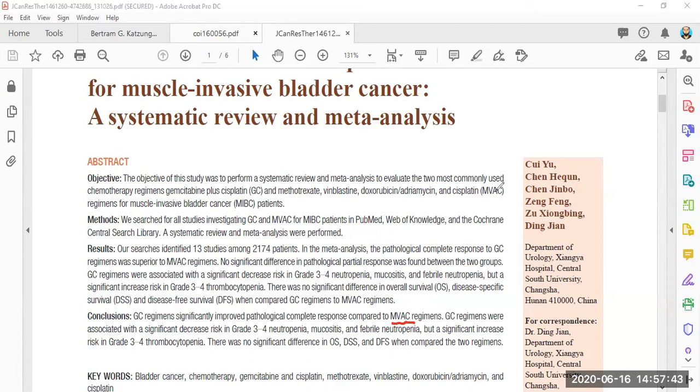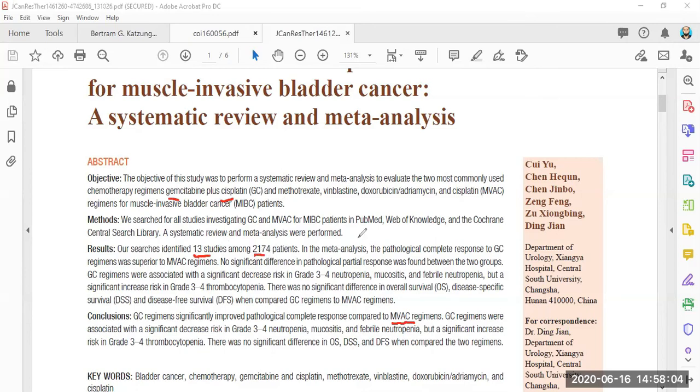After this systematic review, they found that gemcitabine plus cisplatin is better as compared to MVAC,